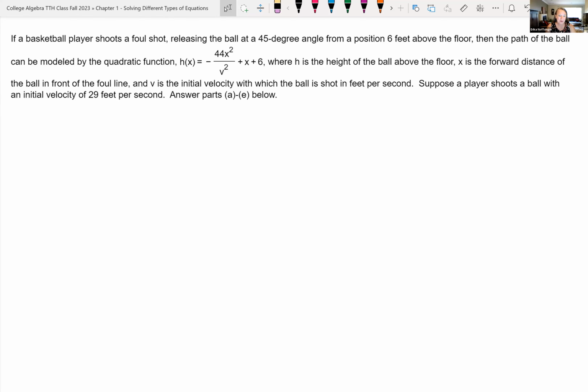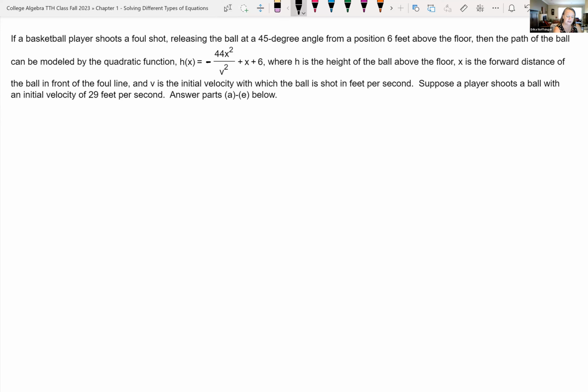We're looking at a problem in front of us that deals with functions and application. So let's read through the problem. If a basketball player shoots a foul shot, releasing the ball at a 45-degree angle from a position 6 feet above the floor, then the path of the ball can be modeled by the quadratic function h of x is equal to negative 44x squared all over v squared